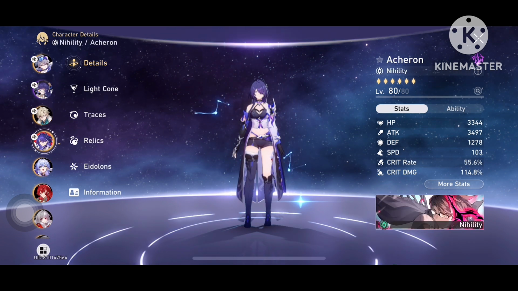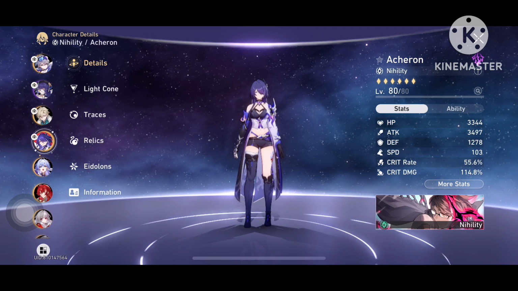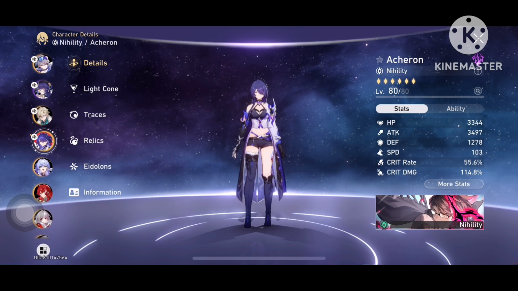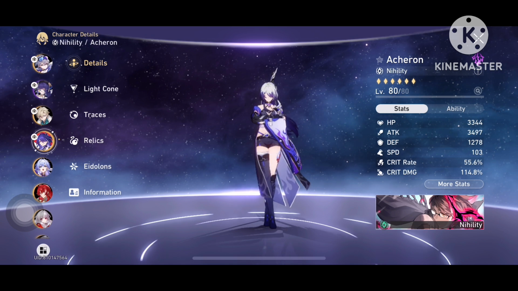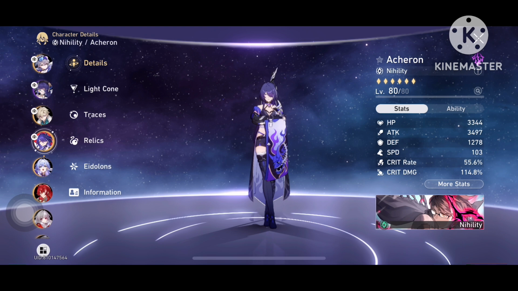And with the Nihility you're going to want to use someone who specializes in inflicting debuff, and the best one I've found is Acheron with her Crimson Knot. Her level 10 Dream is just so useful combined with Aventurin shields and Silver Wolf implants. Acheron's Crimson Knot is the best in the entire game when paired with these two, so she is the best